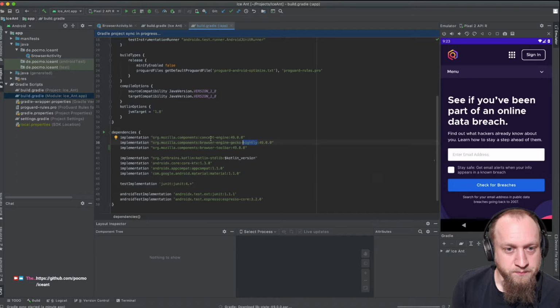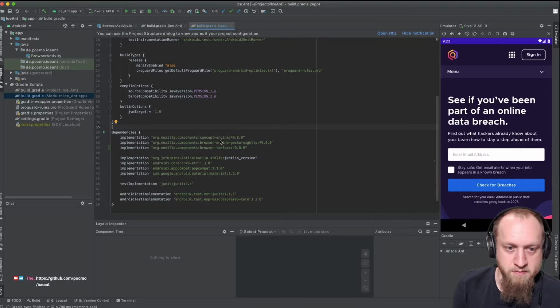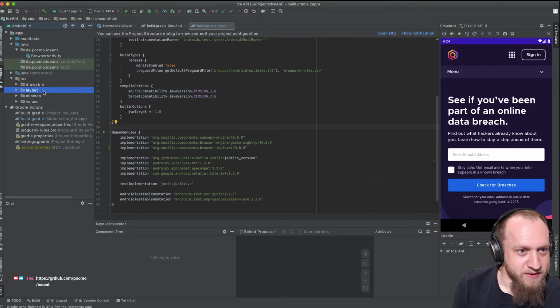And then we could have other build variants that use the beta version or release version of the engine. But for the toolbar, we will probably always have the same toolbar. So we do not need to deal with using the concept everywhere. We can just slam in the component